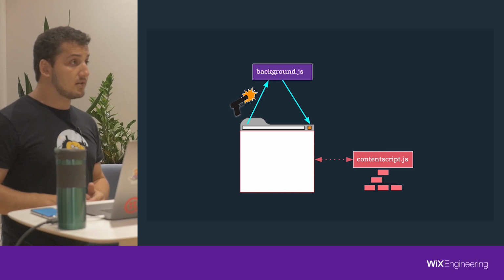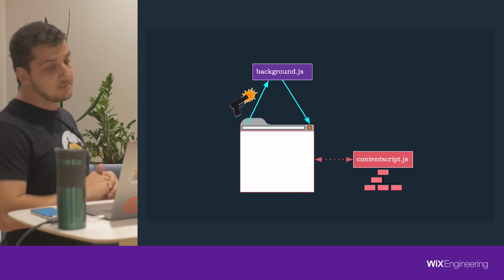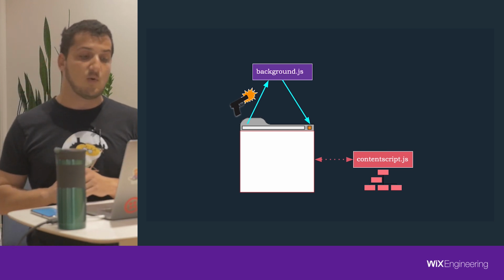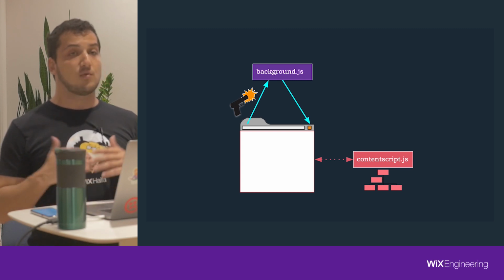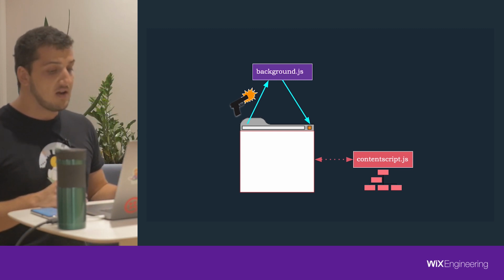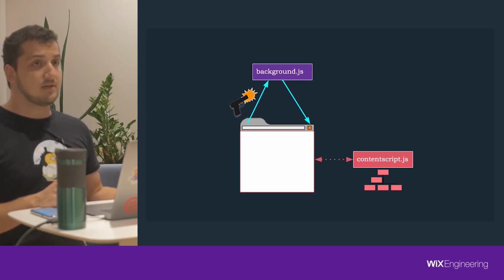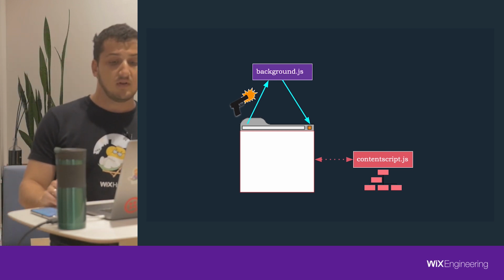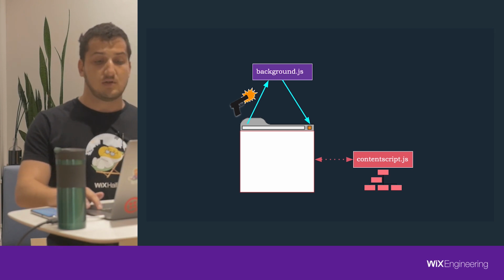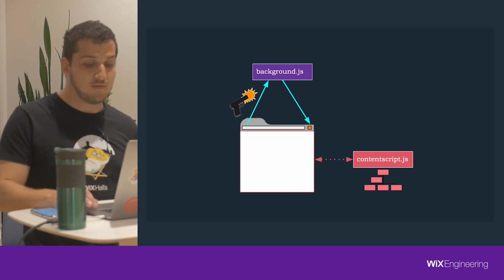Next one is the content script, and the content script is the one that runs in the context of the web page you're on and has access to the actual DOM. It can read the DOM, it can write to the DOM. This is what changes the view of the web page